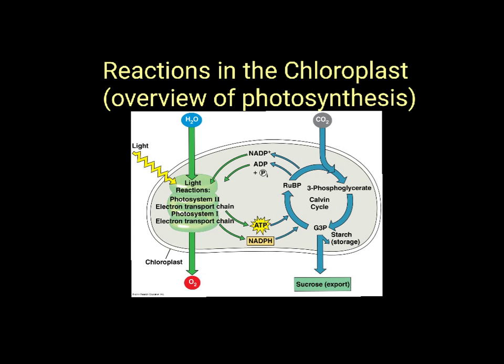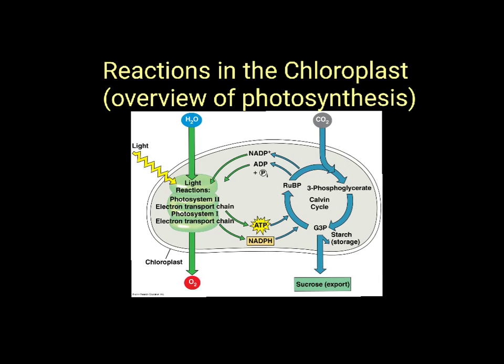Reactions in the chloroplast. Overview of photosynthesis. This is the light that's required to start photosynthesis. This is the H2O that's required also. The H2O and light go into light reactions, is the name of the process. They go into the thylakoids, where the chlorophyll is located. These stacks are also known as the granulum. It is just the collective amount of thylakoids, and it produces oxygen or O2 as